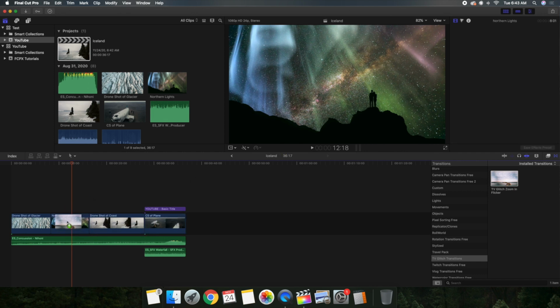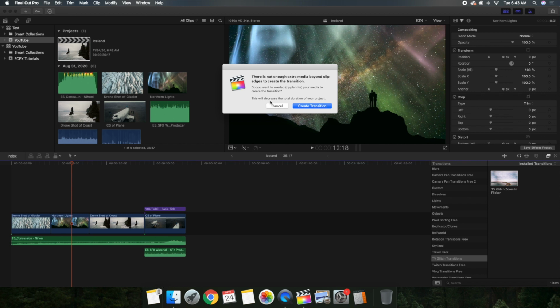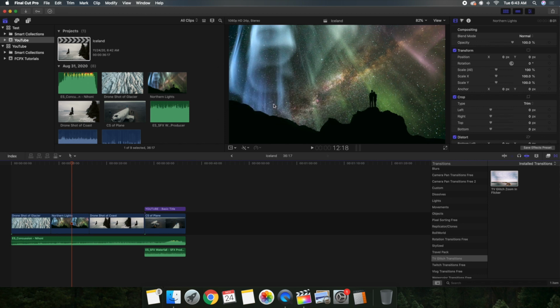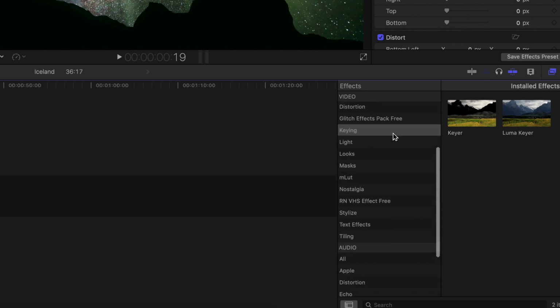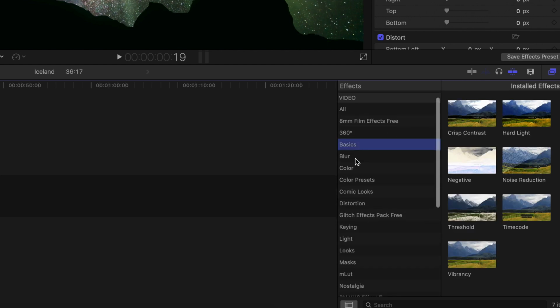It might not work in this instance because the clips are a little bit weird, but as you can see right here, that's where you find transitions. Transitions are right here, this little icon. The effects panel right here is where you find all of your different effects. So the effects are here, transitions are here, and here is your effects panel, so you can go through all of